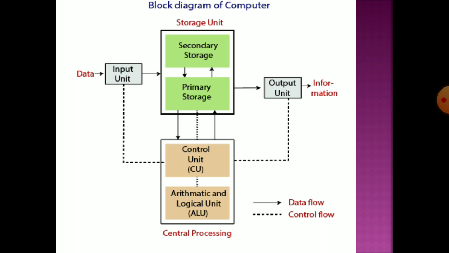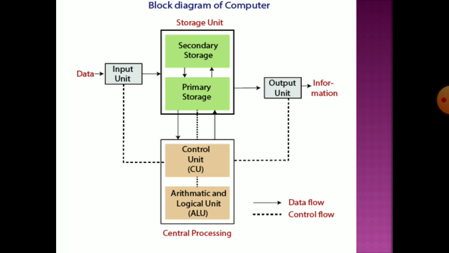Then we can see two types of lines here. One is these dotted lines, and another is these straight lines without the dots. The dotted lines are called control flow, and these straight lines which we can see are called data flow. So, this control flow means